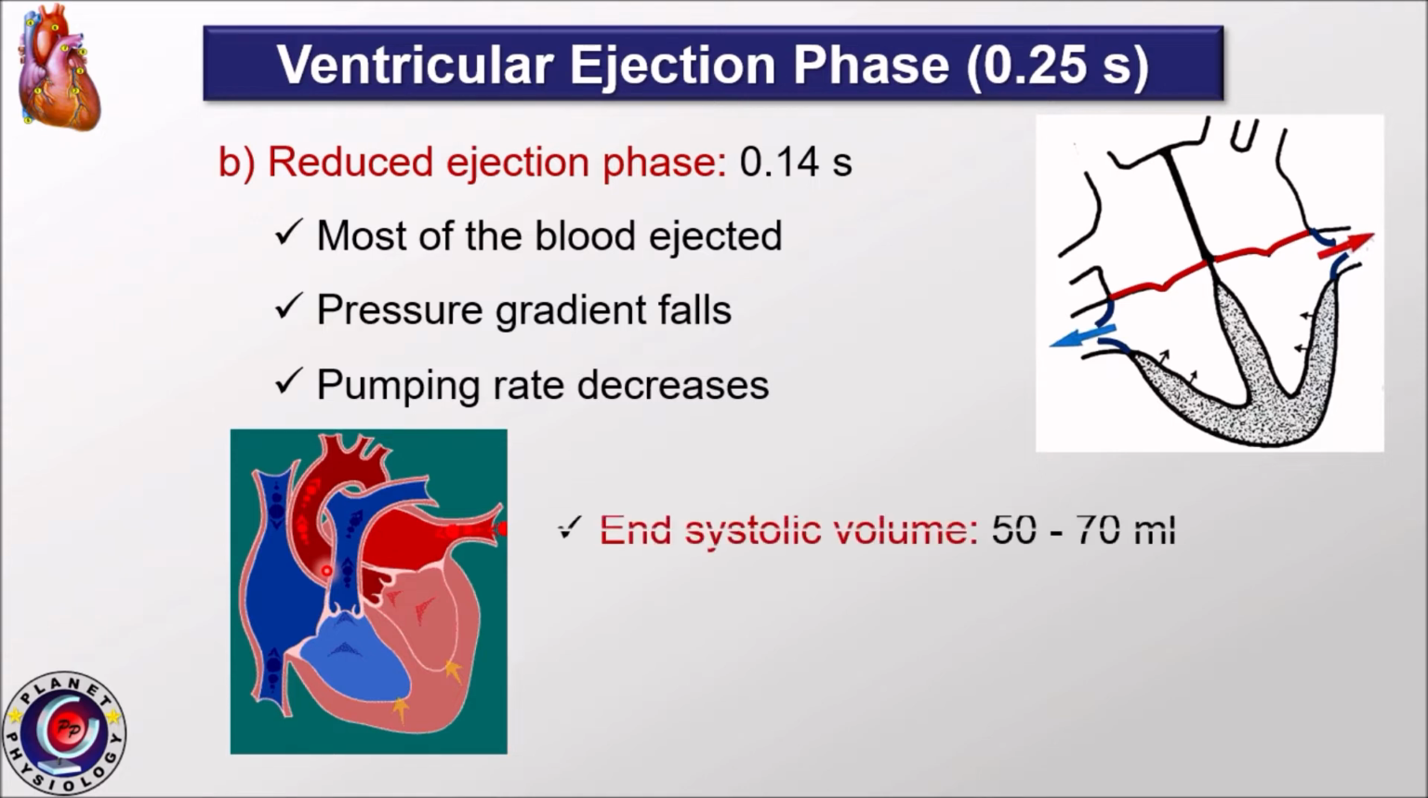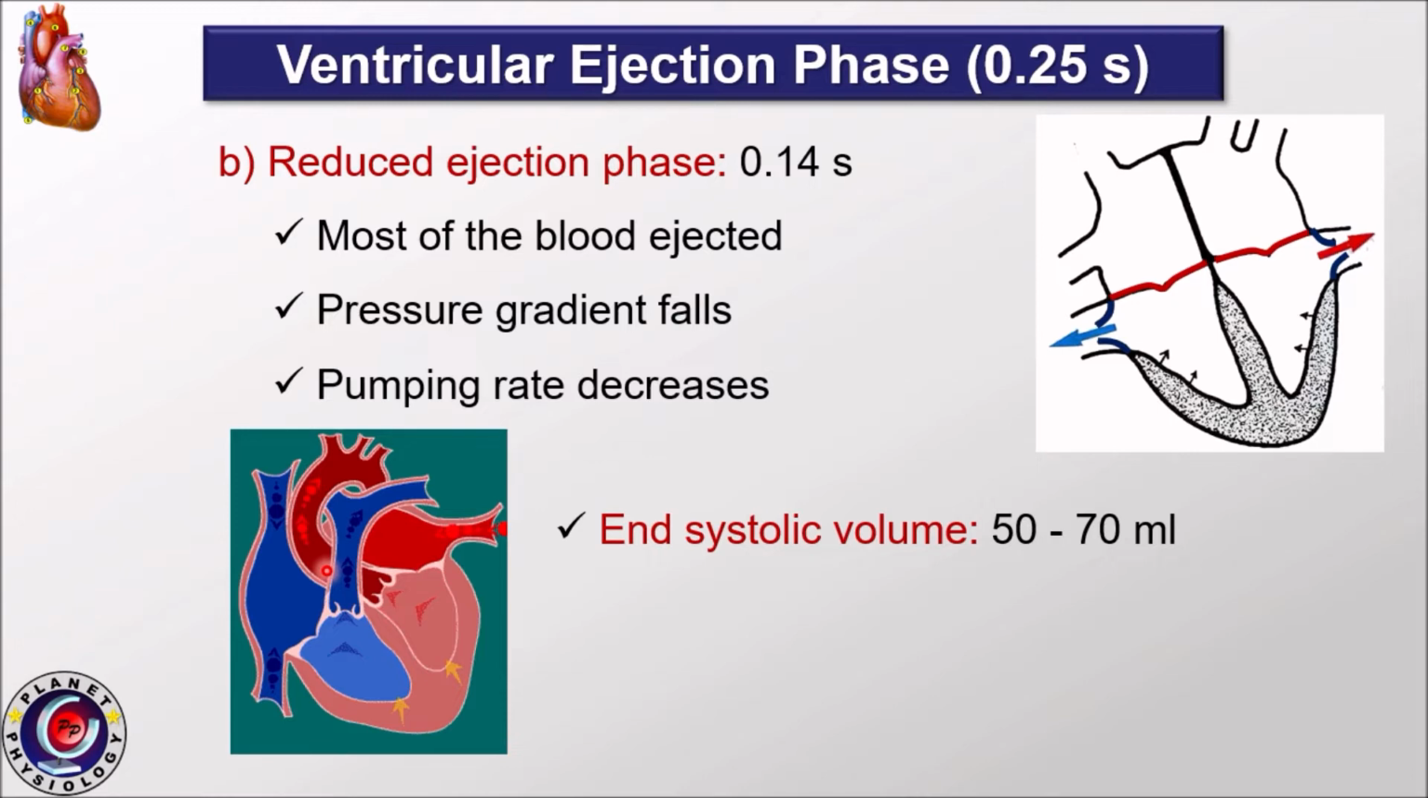At the end of ventricular systole, most of the blood will be ejected out, and the ventricle will still have some amount of blood left within it. This amount of blood is called the end systolic volume. This volume ranges between 50 to 70 milliliters. I will repeat, end systolic volume is defined as the amount of blood remaining in the ventricle at the end of